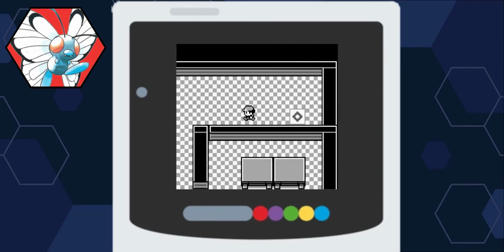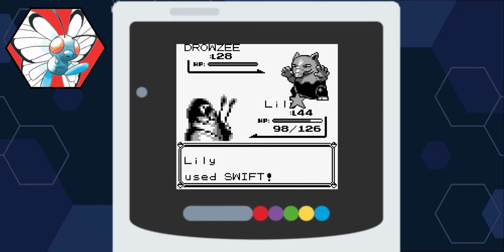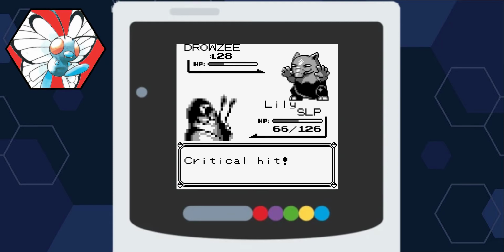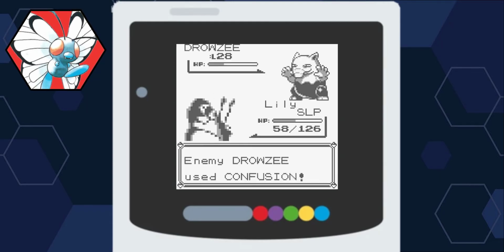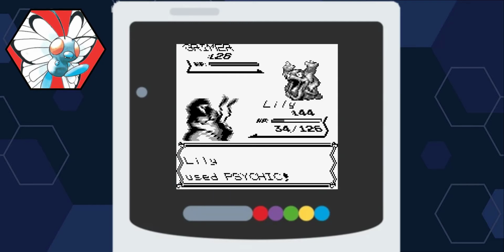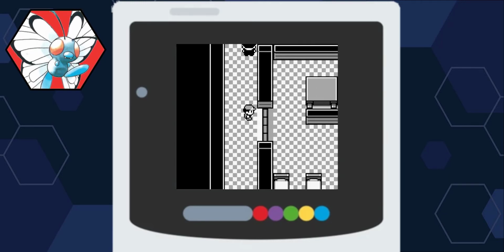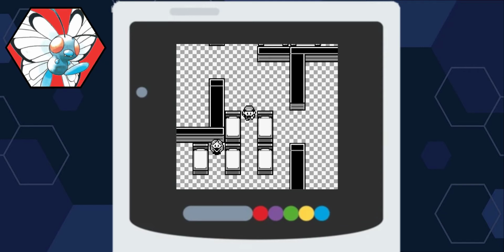We normally only have 5 mandatory battles or so to do here against Team Rocket Grunts before the rival fight and the boss fight, but because we're using Butterfree and one of the hardest battles is literally right in front of us with rival number 6, I decided to do some extra grinding and take out almost all the Rockets I can find in this building. A quick nap before we take on our rival, who again,